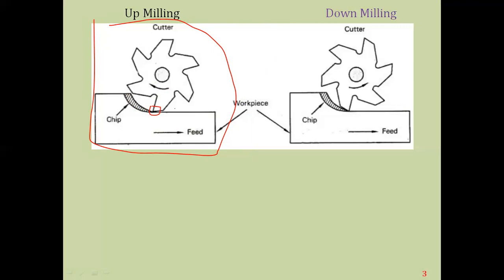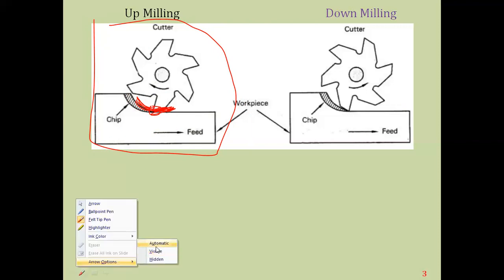So especially in the up milling process, the cutter rotating in the upward direction should carry away the coolant from the cutting zone. That is, if you are supplying the coolant somewhere here at this position, then as the cutting tool removes the metal, the coolant can also be taken away, such that the excess heat is taken away from these cutting edge surfaces. This is regarding the up milling. In up milling, we especially use it for rough cuts, where the cutter can dig in and start the cut below the hard upper surface. This is regarding the up milling process.